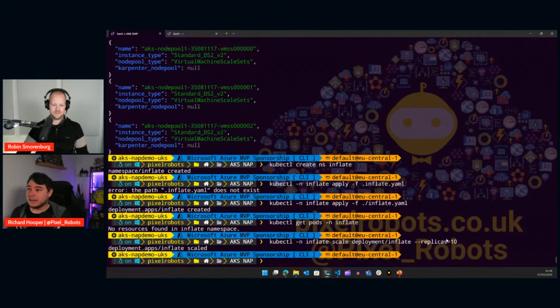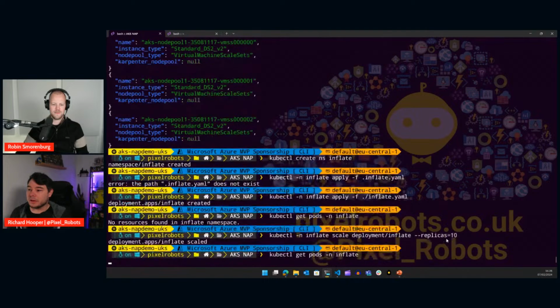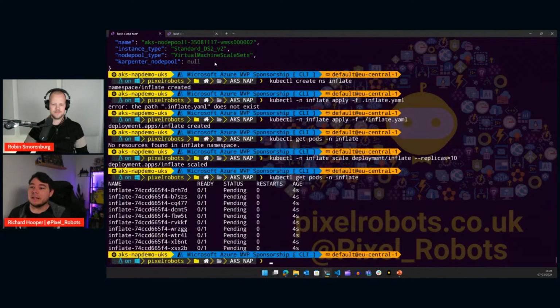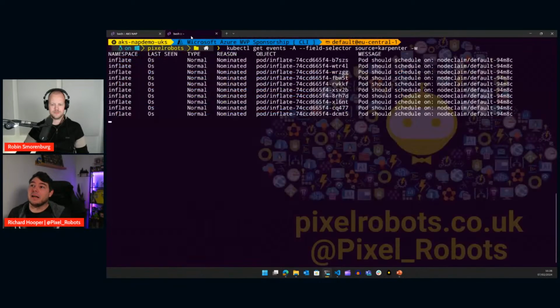To start scaling, and then if we go to get pods again, we see them all in the pending state. We can see that the events from Karpenter say inflate is the namespace, it's been nominated, the pod is the object, and it says the pod should schedule on node claim default-nm88c. We'll check this node claim in a second. But these are different logs to the cluster autoscaler, so it's something to keep an eye on when you're using